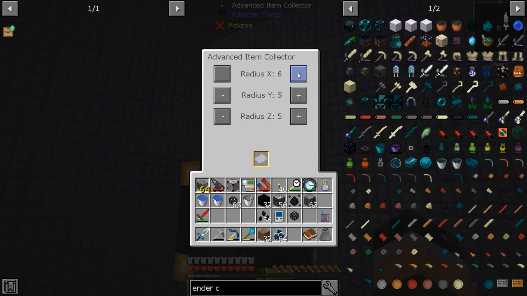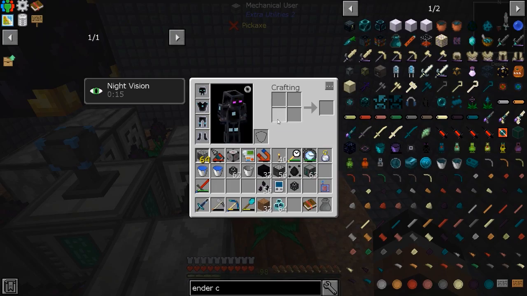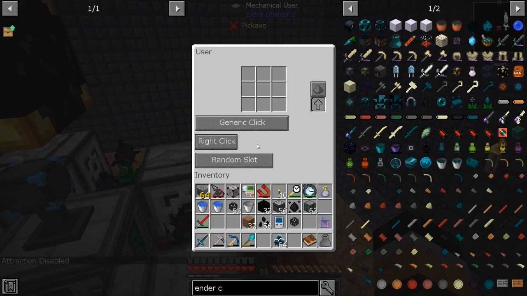So let's go ahead and set this up. I think the max you can do on this is a 10 by 10 by 10, which is completely fine with me. Let's just set it up, and we're going to start setting these guys up. Now, I'm also going to turn off my magnet, because if this works the way I think it's going to work, right-click, random slot, and I think it's just a...